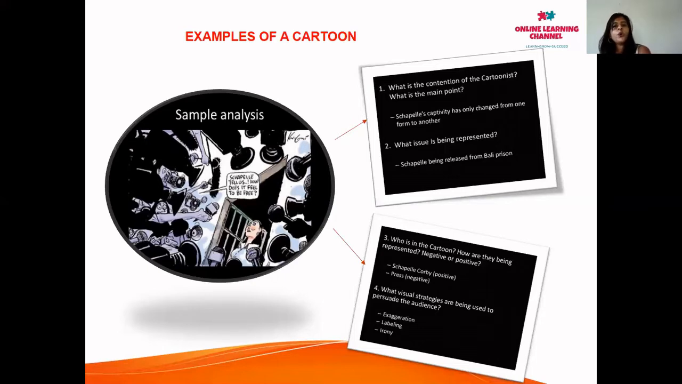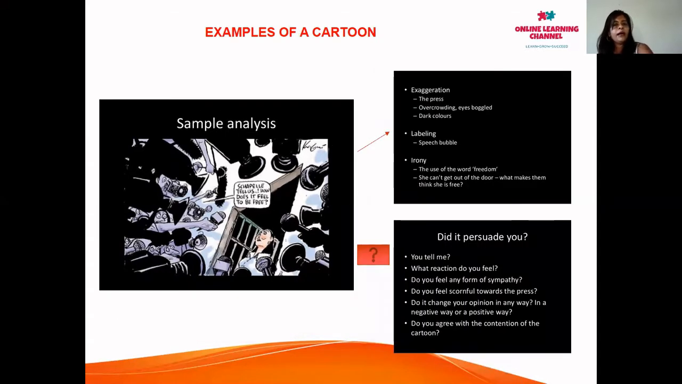Number three, who is in the cartoon? How are they represented, negative or positive? If you look at Chappelle Corby, it's a positive attitude, or positiveness. And if you look at the press, it's negative. Number four, what visual strategies are being used to persuade the audience? Exaggeration, labeling, and irony. In the same cartoon, the exaggeration: the press, overcrowding, eyes boggled, and the dark colors, which is